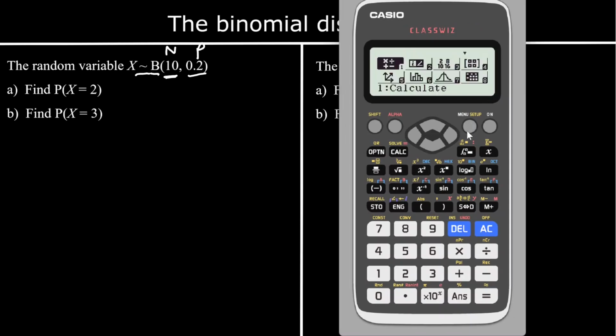We want to go to our menu and then find distributions. We want the binomial probability distribution, binomial PD. So find that on your calculator and then click variable. X is going to be 2 for the first question. That's how many successes we want to find the probability of. N is how many trials there are. That's 10. And P, the probability of success, 0.2. And we just type it into the calculator and we get